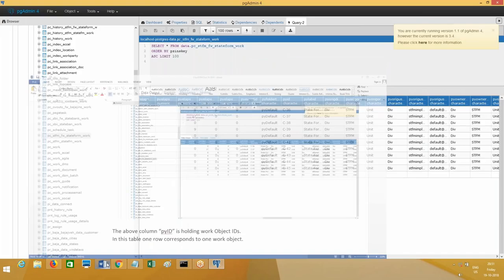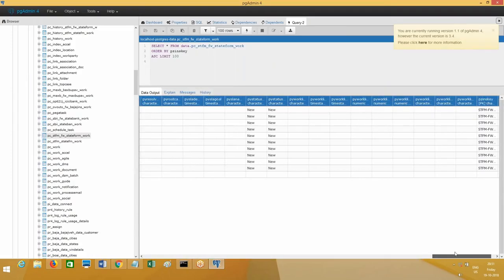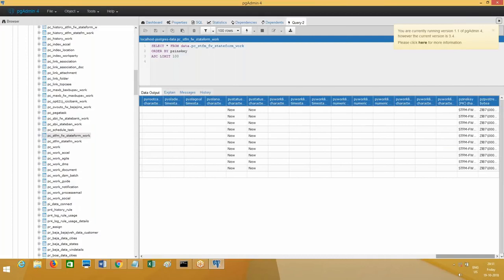Where is the data of first name, last name, age, gender, state, city, zip code? Generally, do you have it here? Anywhere you see first name, last name and all? It is not available, it's not like a normal table. But your first name, last name, age, gender, state, city, zip code, everything got stored into this table in a column called pzPVStream.